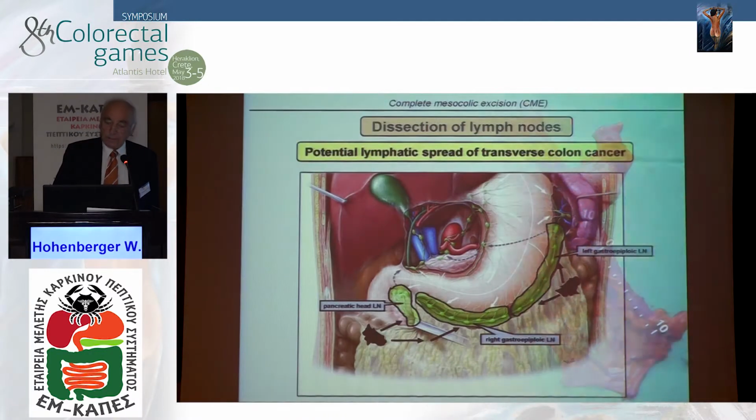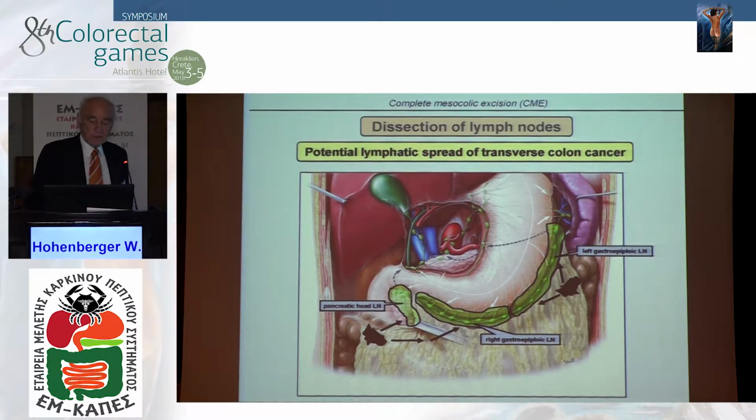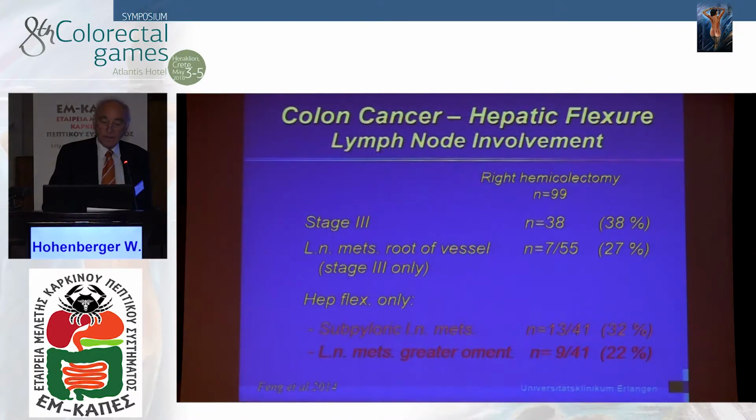Sigmar Stelzer gave you the answer already. This is one of the slides from Thilo Wedel, finally from the Atlas, and I'm always referencing Thilo Wedel, and his name is included on one of the next slides. It's about these lymph nodes. You saw this slide already. It's a very important one. These are the lymph nodes over the pancreatic head and along this artery. This is what we are talking about.